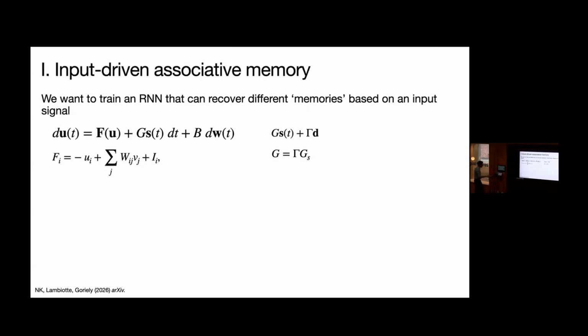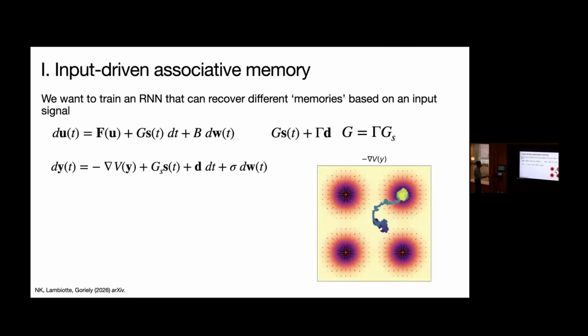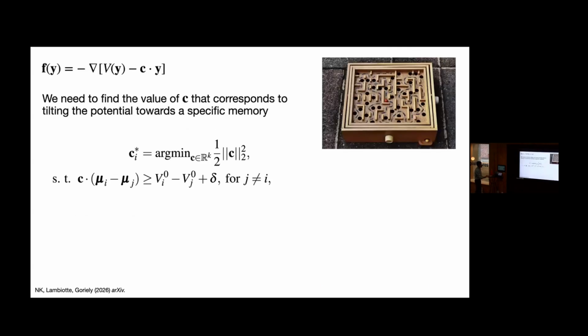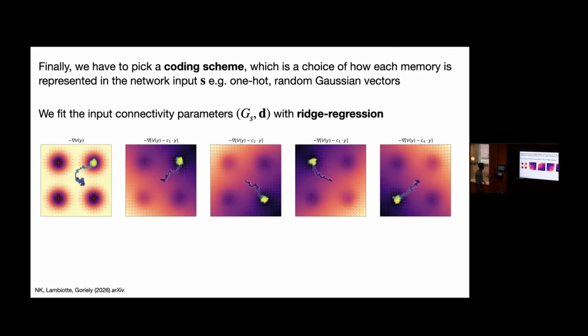All right, so I don't have time to talk about this, I guess, but we used this to develop not a very biological, but a bit mathematical model of input-driven associative memory. So we added some input to the system, and we created a system that could switch between memories based on the input signal. The analogy that Alain, my supervisor, likes to use is that we're tilting the potential in space so that the ball, which would be the neural activity of the neural manifold, rolls into the correct memory. There's some mathematical reasoning for how this works that I'm going to skip. But this is effectively what we're doing.